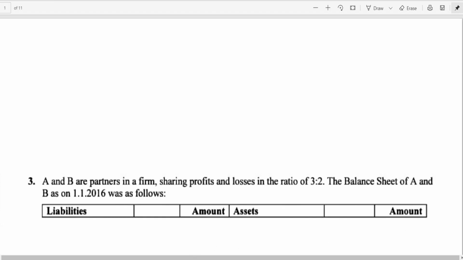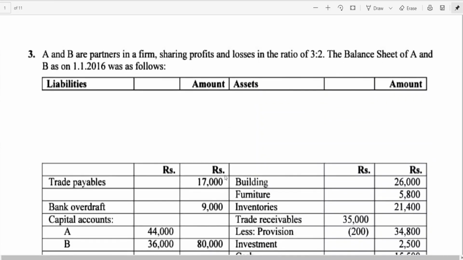Hi friends, today I'm taking up problem number 3. In the second problem, you learned how to prepare the memorandum revaluation account. In the third problem, we'll be learning how to calculate hidden goodwill. The new point which you will be learning is